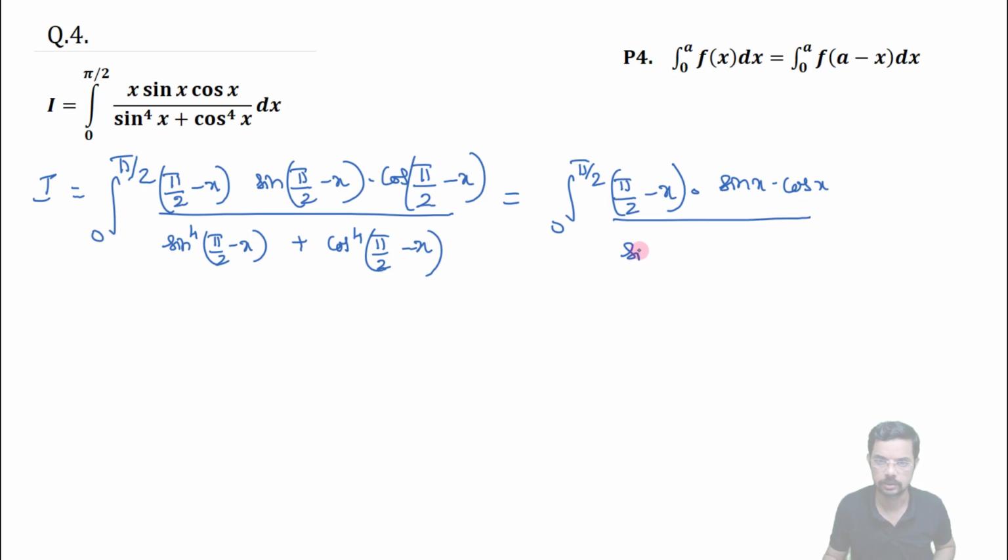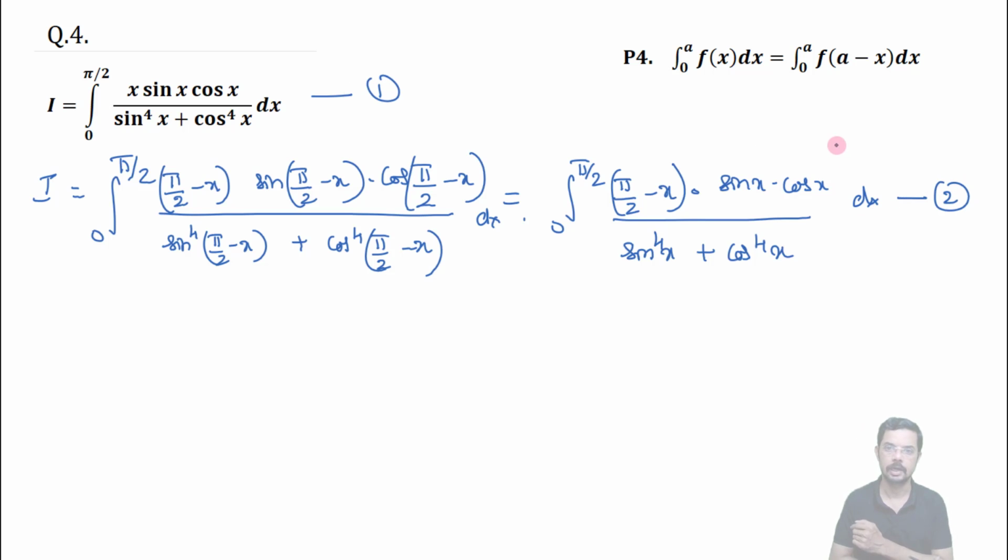Okay, so that is sine raised to 4 of x plus cos raised to 4 of x into dx. I did not place a dx here. So now adding these two, this is the first equation and we shall take this as the second equation. So adding these two, what we get is 2i. 2i will be equal to, see, x and x will get cancelled, remaining everything is a common part. So what I get is pi by 2 into integral from 0 to pi by 2